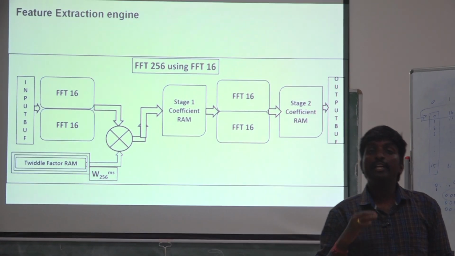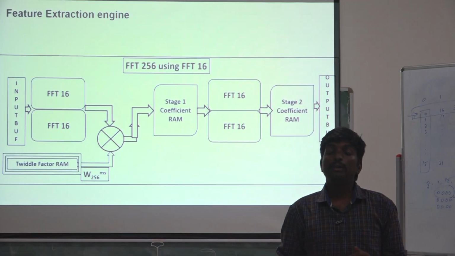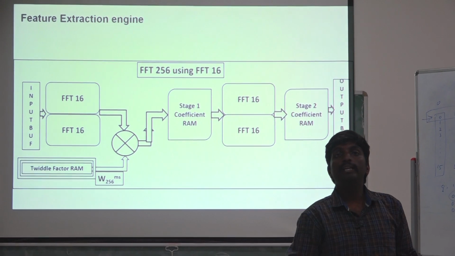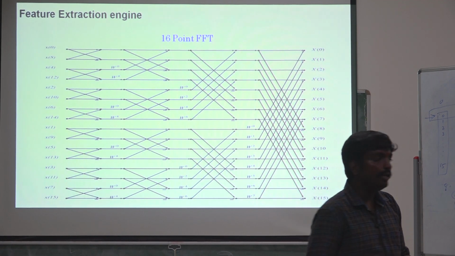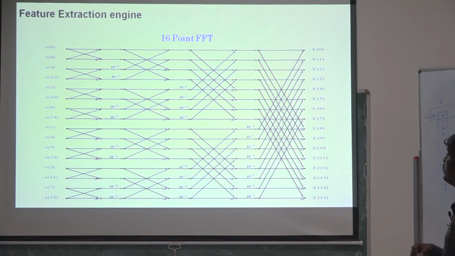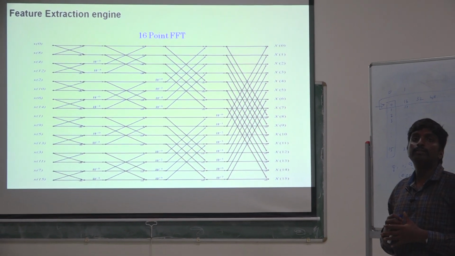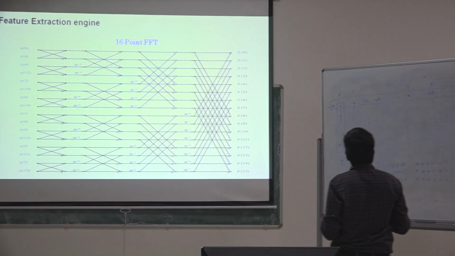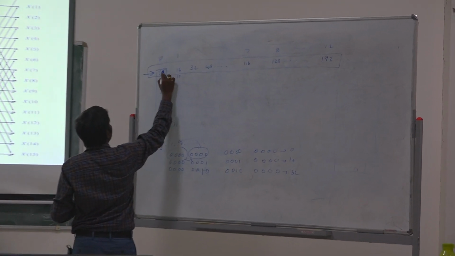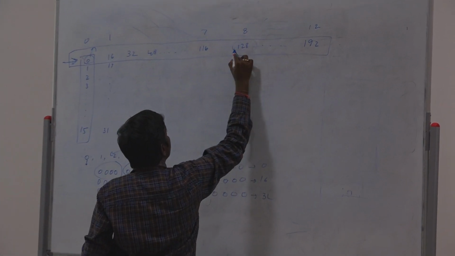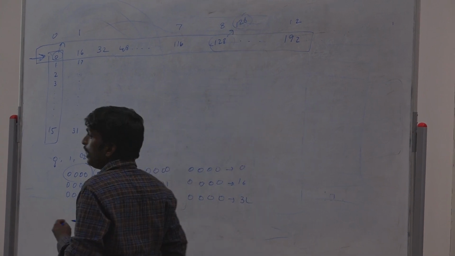The reason is we need to read 4 samples at a time. And for the butterfly, based on the butterfly number, we need to read the samples. So if you want to understand the butterfly for the 16 point, for the first butterfly computation we need the 0th sample and the 8th sample in the subframe. So for the first FFT16 calculation, this is the 0th sample and this is the 8th sample, which is actually the 128th sample from the input.